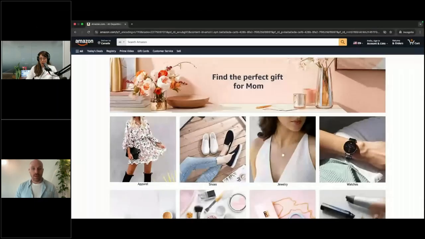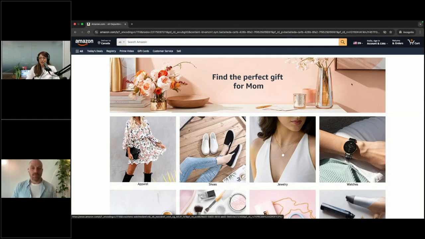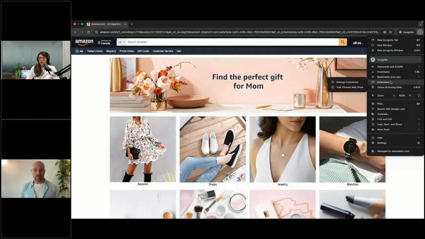Well said. And I want to actually do another quick screen share because I want to get into some of the more practical tips. We're talking about not being afraid. I want to show this cool technique that I just learned about in my research for today. And we're going to actually walk through and see how Amazon will look like for someone who has some vision impairment. So I'm clicking the menu button in the top right, and I'm actually going to,